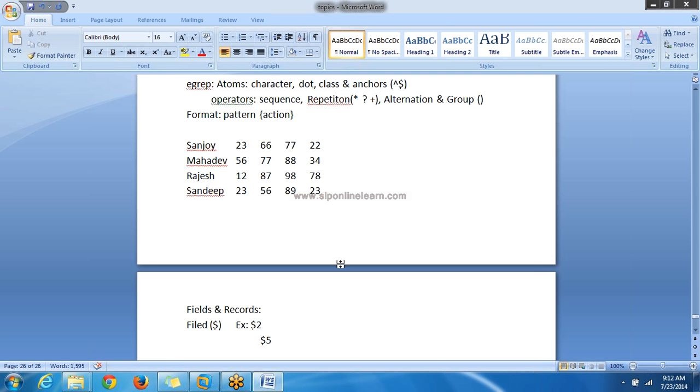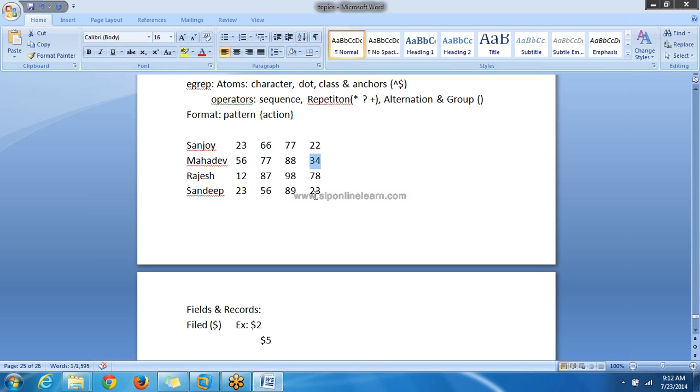$5. So anyway, the AWK command will take the first line, and if you say $5, it will take 22, and whatever action you specify will be applied or matched. The operation will be done on this particular field. We are saying $5. It will take the next line, and whatever action you specify will be applied on this field. The same process will be repeated for all lines in the file.